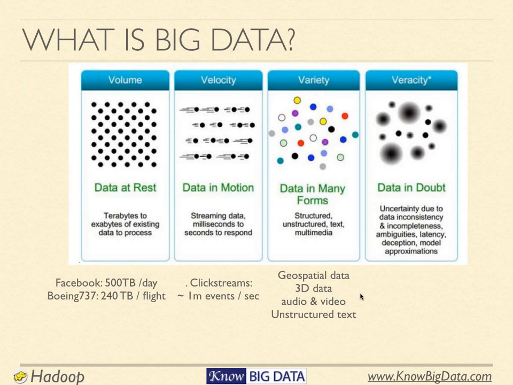Now the third one is variety. You may not be able to solve a problem using your existing system maybe because the data is too huge, or there are too many requests coming per second, or the kind of data may be too complex. When we say variety, it means your data is so complex, or the problem you are trying to solve is really complex.